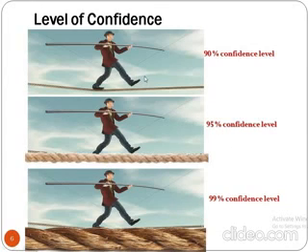Here confidence is less, but precision is more because you will get a smaller interval. But there is a 10% chance of failure here. Here the chance of failure decreases to 5% only. The man is more confident now. Precision has diminished to a greater extent because this will produce a thicker interval. And this will produce probably the thickest interval out of the three. And here there is no chance of failure or a very negligible chance of failure. The man is very much confident, but the precision is very less.